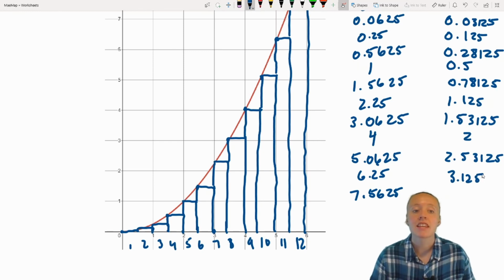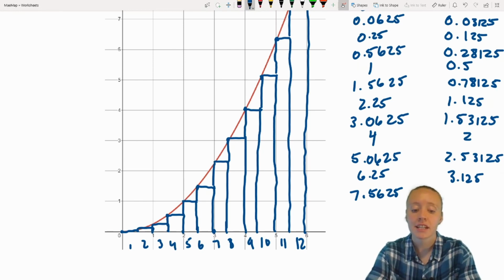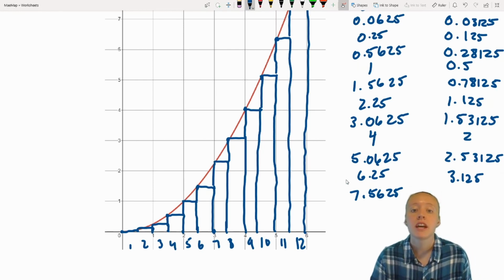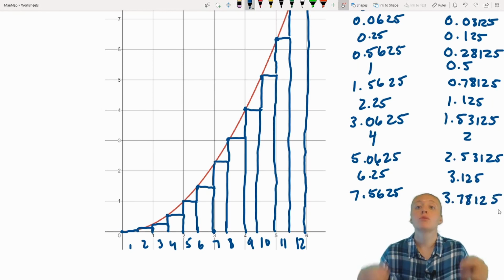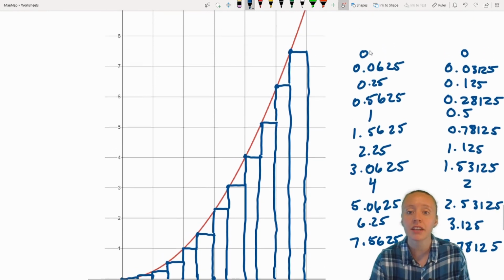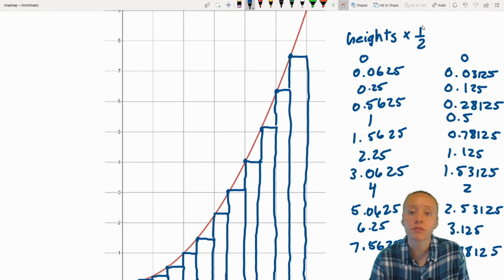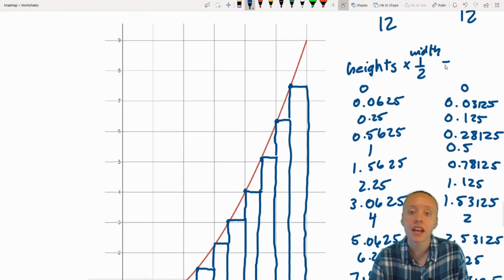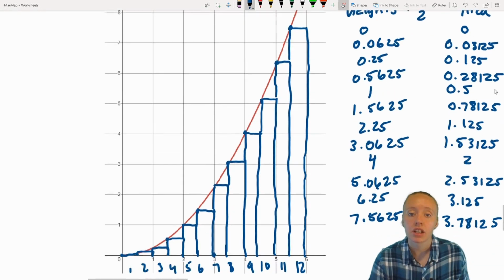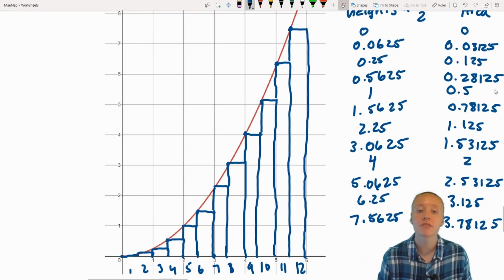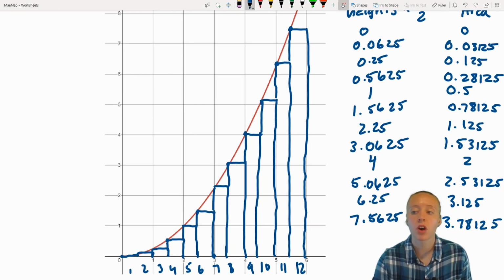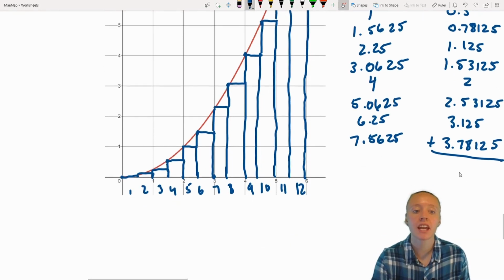And then lastly, that 7.5625 times that width of 1/2, so height times width of our last rectangle, is going to give us an area of 3.78125 for that last rectangle. So each of those is the individual areas of my rectangle. So if these were the heights, I multiplied that by 1/2, which was my width, and that's going to give me area. Now all that's left is to sum each of these together, which when I sum all of these together, that's going to give me an area of approximately